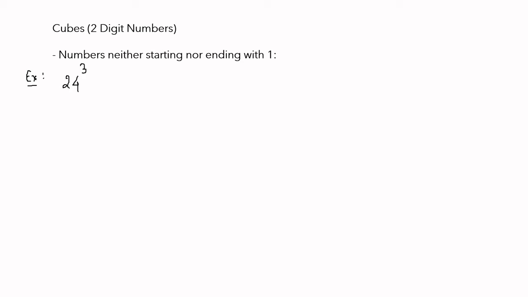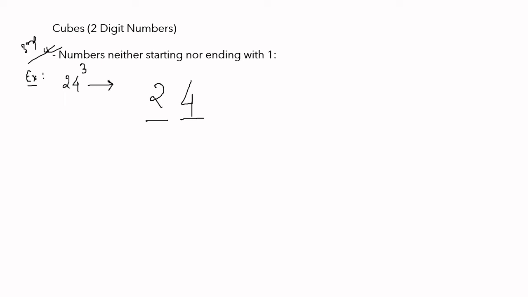As you can see, 24 is a number which neither starts with 1 nor ends with 1. So that makes it suitable for the third case. This is the third case, by the way, because previously we have seen numbers starting with 1 and numbers ending with 1. What needs to be done here is, just like the other two concepts, for numbers starting and ending with 1, we used to divide it into 4 parts. So let's say the number with us is 24. 2 is already one part and 4 is already one part, and we need to obtain 4 parts.